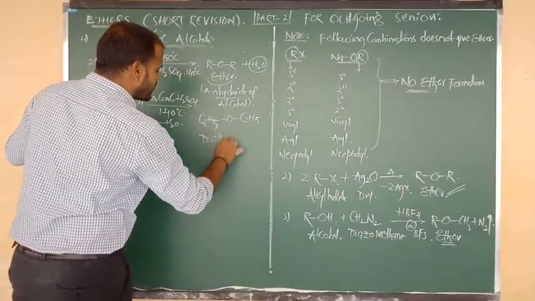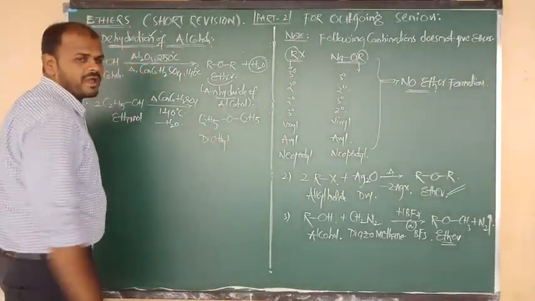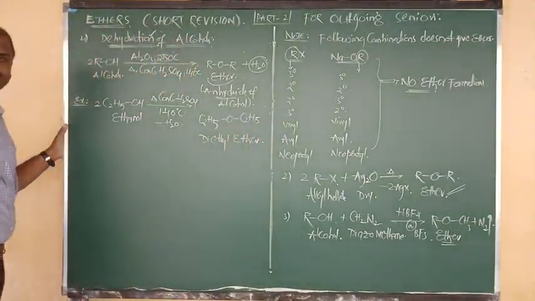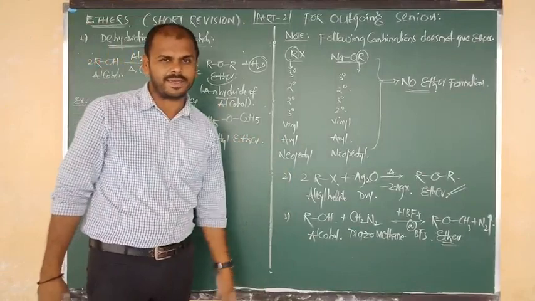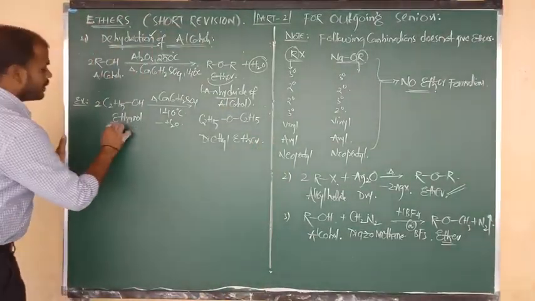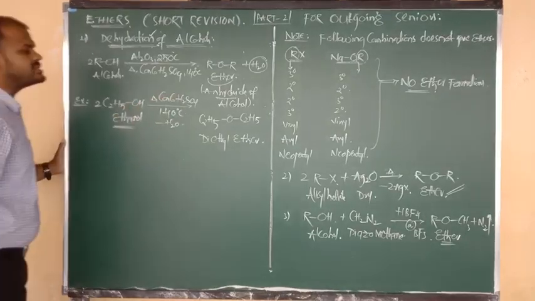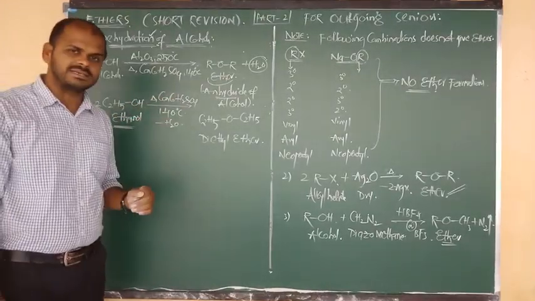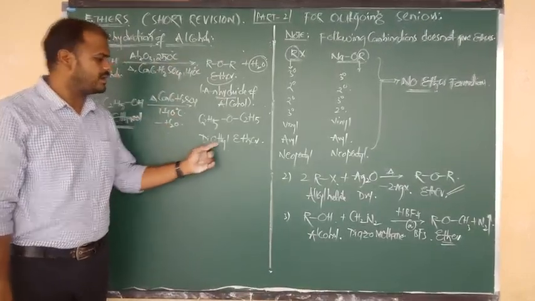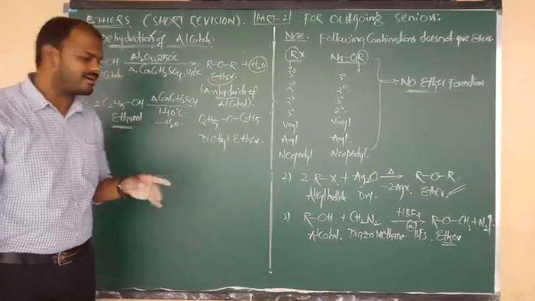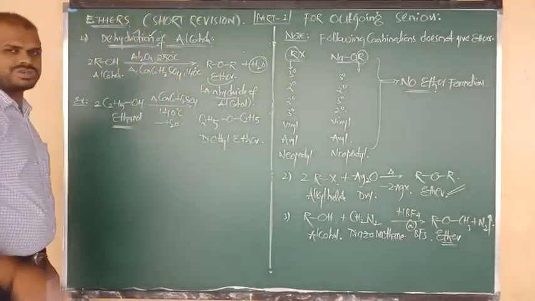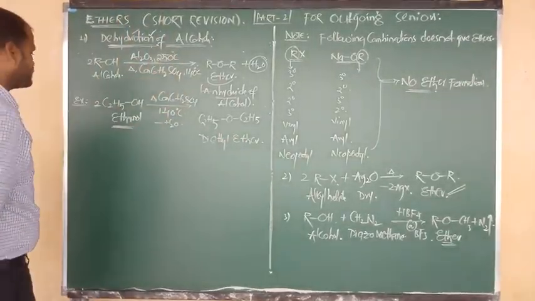So the name of this product is, there are two ethyl groups here, so we can say that diethyl ether, or we can say ethoxy ethane. That will be the IUPAC name, beta. So once again, ethanol on heating with concentrated sulfuric acid at 140 degrees Celsius, or on heating with alumina at 250 degrees Celsius, gives the product, which is nothing but ether, after the loss of a water molecule. So we have to say that the reaction is known as dehydration.